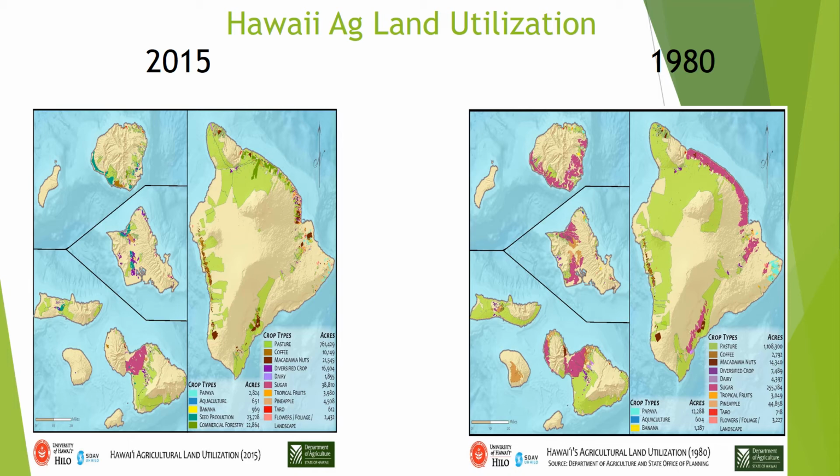In 2017, the final sugar plantation shut down with HC&S on the island of Maui. However, good news is, even though that land's been fallow for a couple of years and there's been a lot of question about what was going to happen with that land, there's just a recent development that came out back in December, where a new company is coming in to put that former sugar land into sustainable agriculture production. So you can check that article out on the course website.